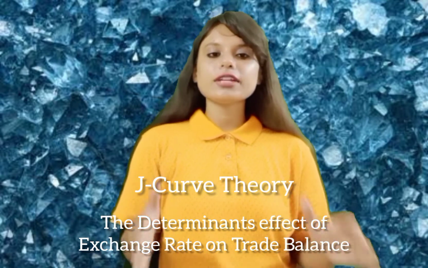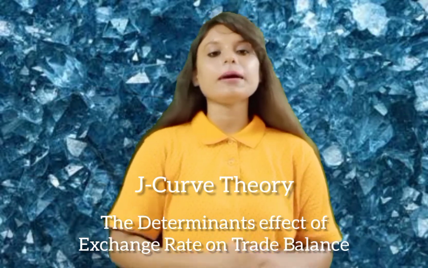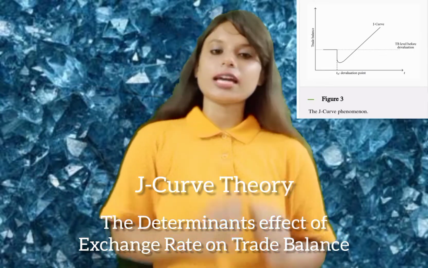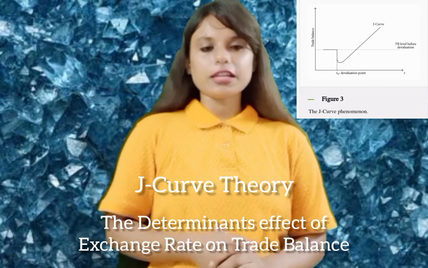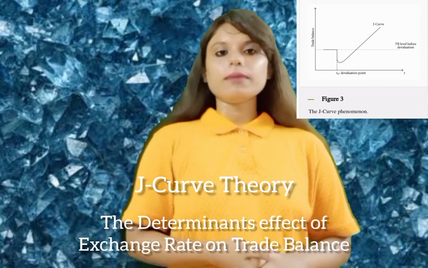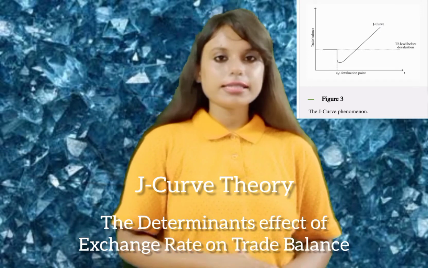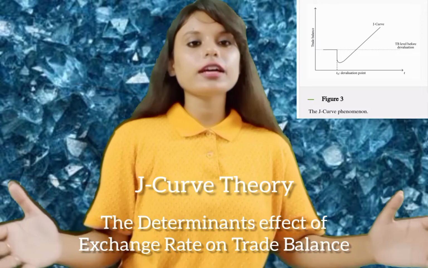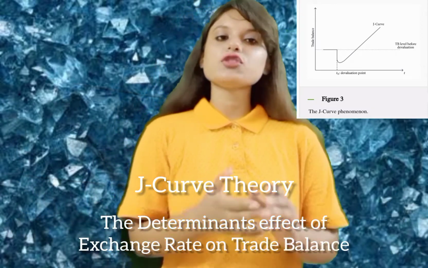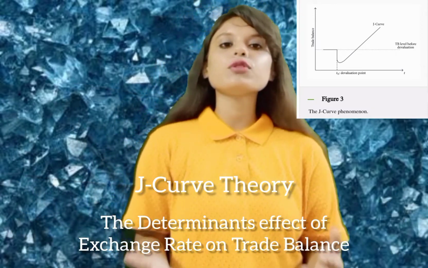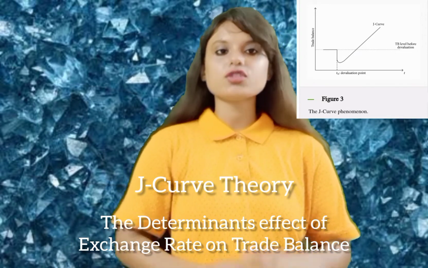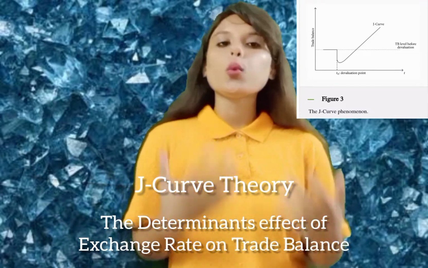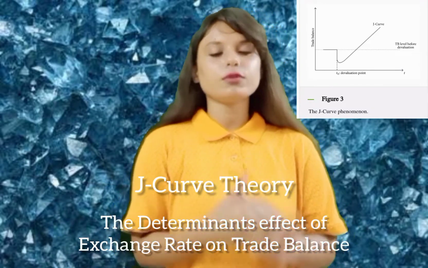The dynamic reaction of trade balance as a short-run dip and long-run recovery takes the shape of the flattened J letter, hence the J-curve phenomenon. Explaining the J-curve phenomenon, that is the J figure, as an implication on monetary policy, the exchange rate devaluation should be sufficiently large to have a favorable long-run impact on the trade balance. In relation to Marshall-Lerner condition, if trade balance improves in the long run due to currency devaluation to a level higher than the level before devaluation under the J-curve assumption, we can consider the Marshall-Lerner condition fully satisfied.